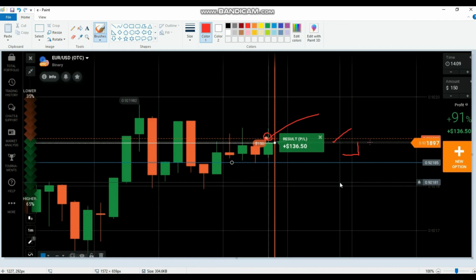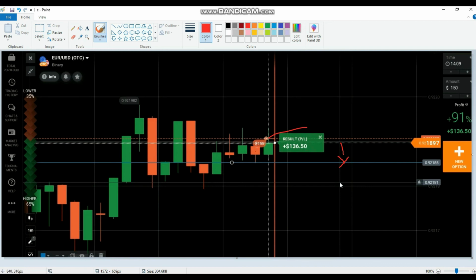We know that round number is working. It's respecting it. We can see continuous rejection, and also a seller's entry from that point. So that's why I placed a put option with some good margin of safety, and that was also a winning trade. After this, the sellers may again enter.